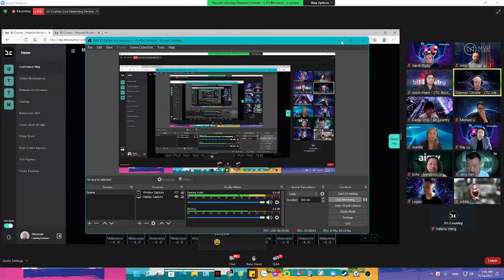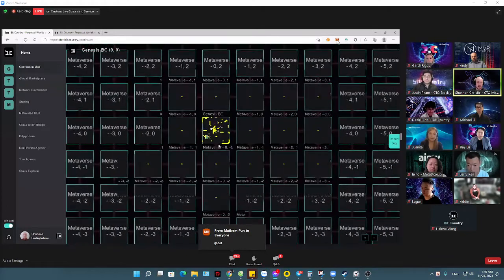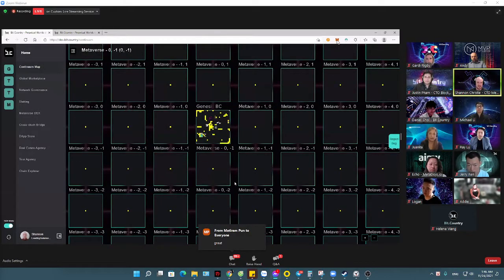relevant to the Polkadot network. And there you have this process of auctioning for a spot to be able to put yourself in there, potentially picking next to a person that has maybe a great metaverse, that has a great community and stuff like that. And you can kind of see that there's all these different sizes and such. So if you happen to have more land blocks, it is obvious, and it is something that you can kind of see to differentiate between the power and the community behind a